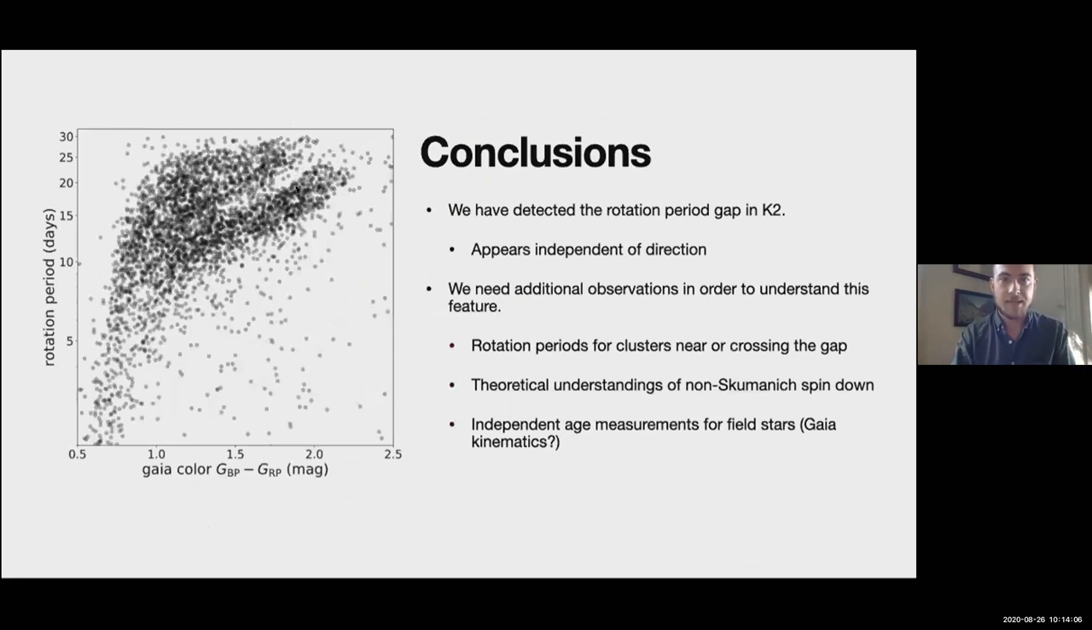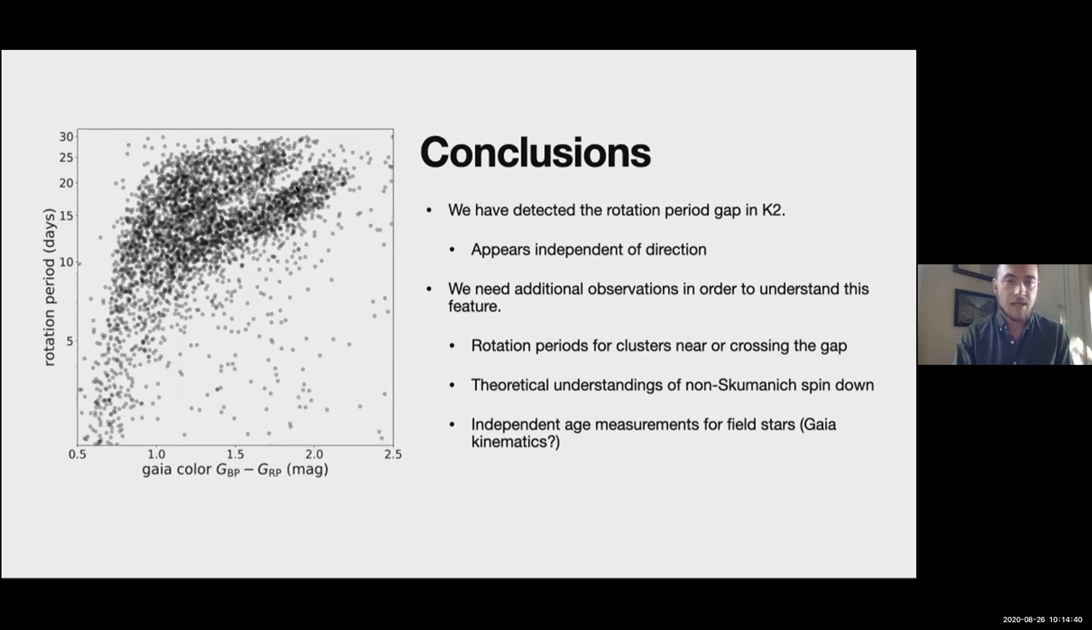So I think I'm coming to my conclusions here. Just to wrap things up, what we've done is detect the rotation period gap in K2, and we've made a very clear detection of that gap that allows us to use an edge detection procedure to measure the edges of that gap with fairly high precision. We've noted that the position and width of this gap appears to be independent of the direction that we look